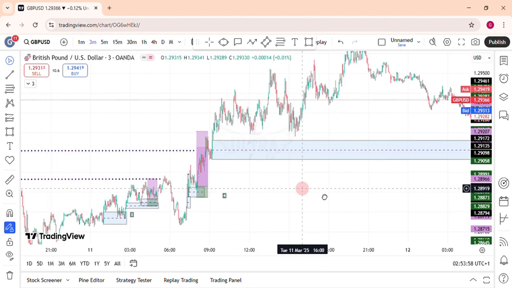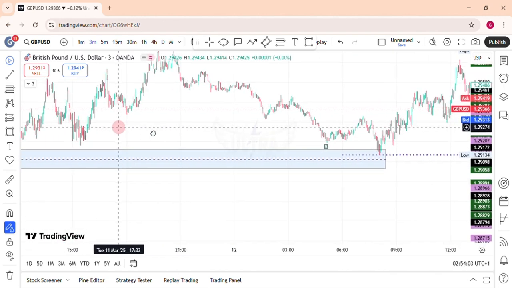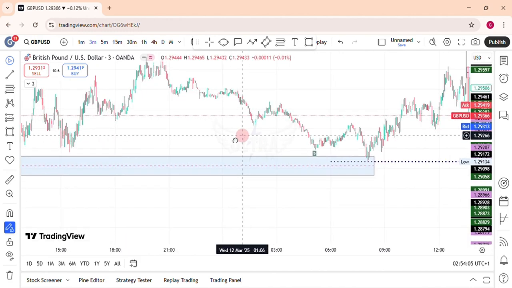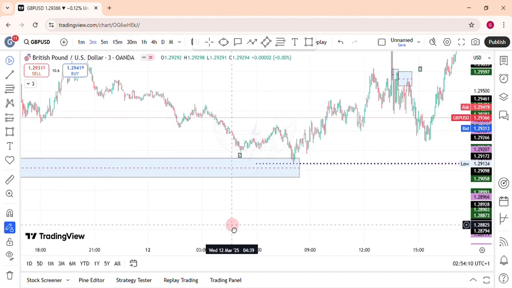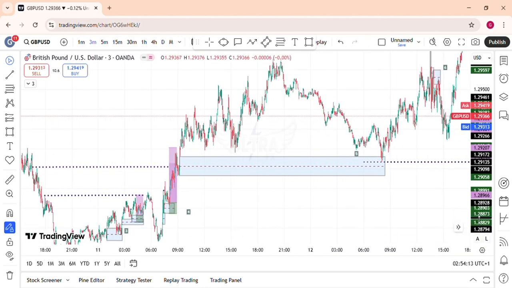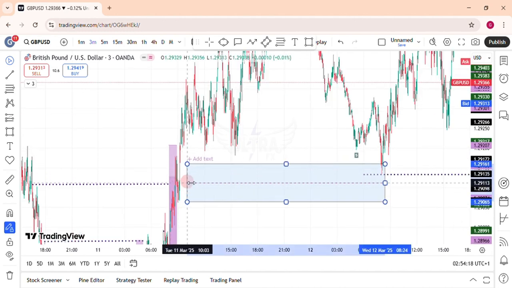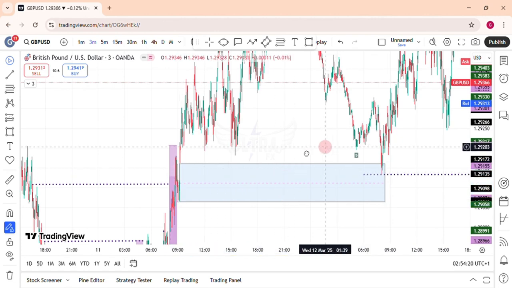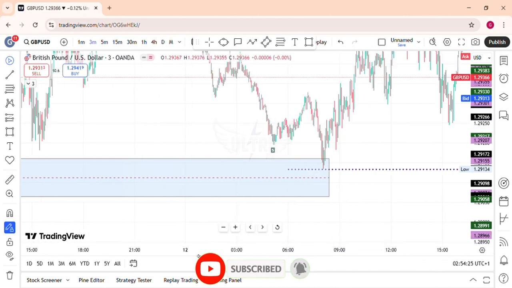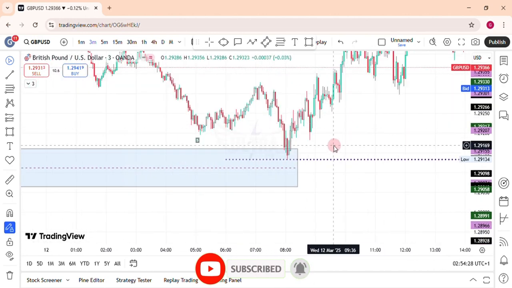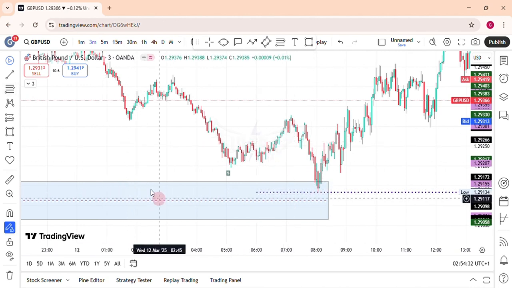Tuesday. So our number 5 trade is this. Okay, our number 5 trade actually happened on Wednesday. So from Tuesday's fair value gap right here, we can just extend it to Wednesday as a setup forms. So now we have a tap into this fair value gap right here from Tuesday.